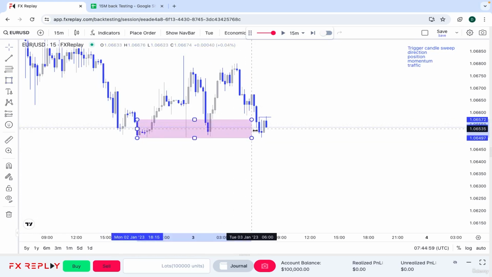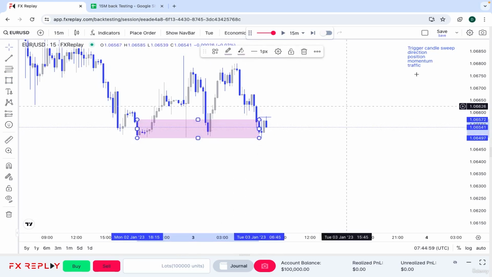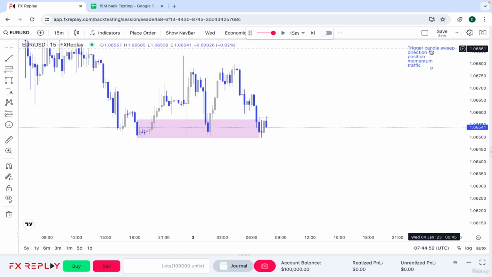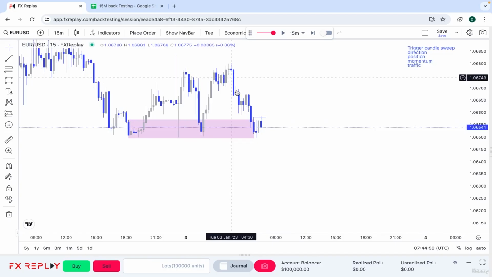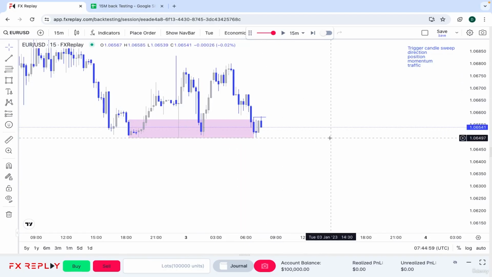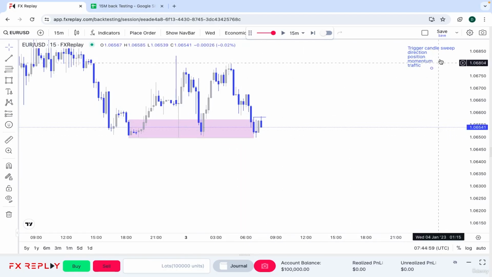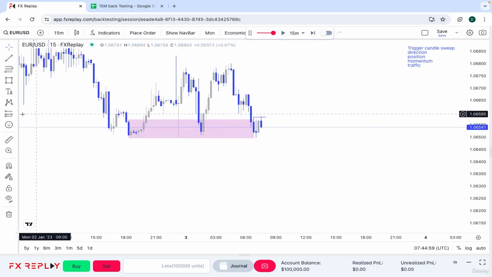But I said in one of my previous videos, the trigger candle sweep, the direction and the momentum are the most important out of these. The position and the traffic, they're sort of ambers, if you like, rather than greens. So because we've got good direction going into this area, we've got position, we've got momentum, I'm going to just place this trade